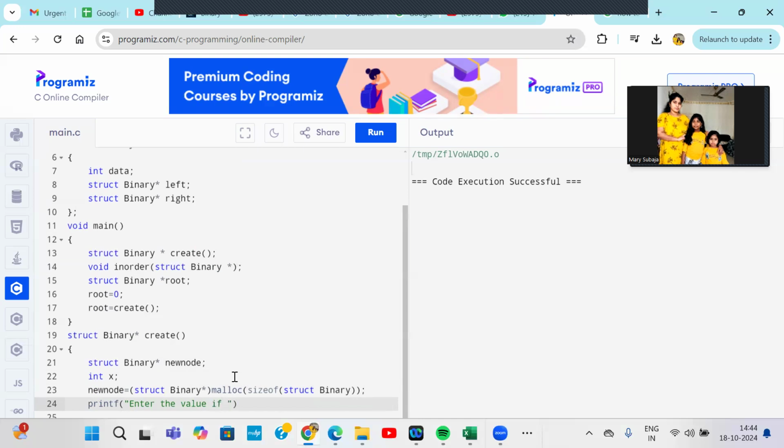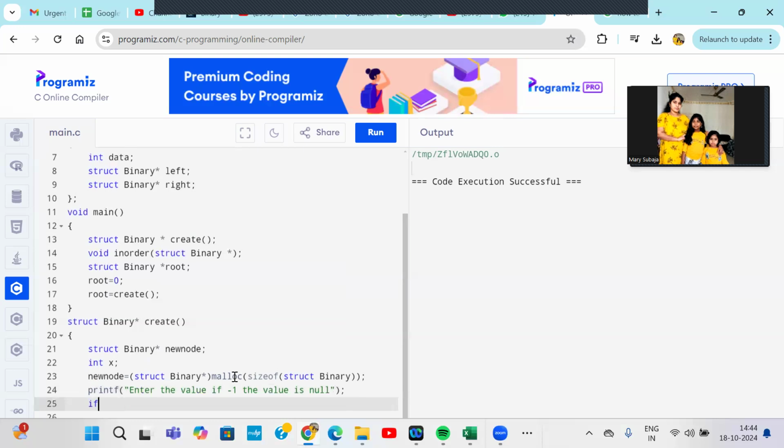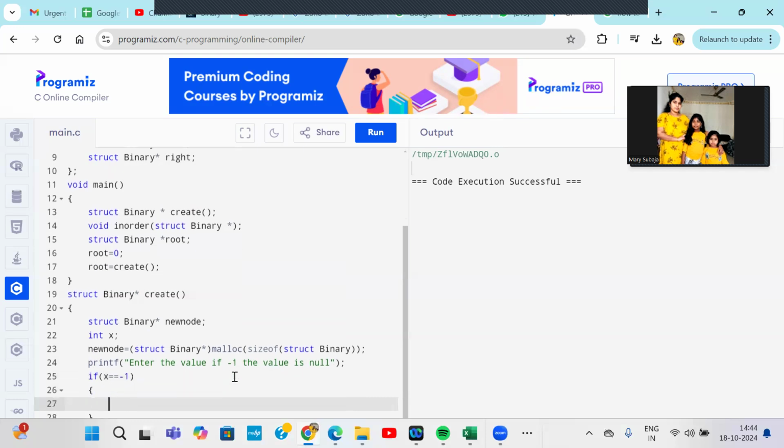If the value is -1, null, like we have given, okay? So here I'm going to check if x equal to -1. That means it's going to return 0. Return 0. Else,